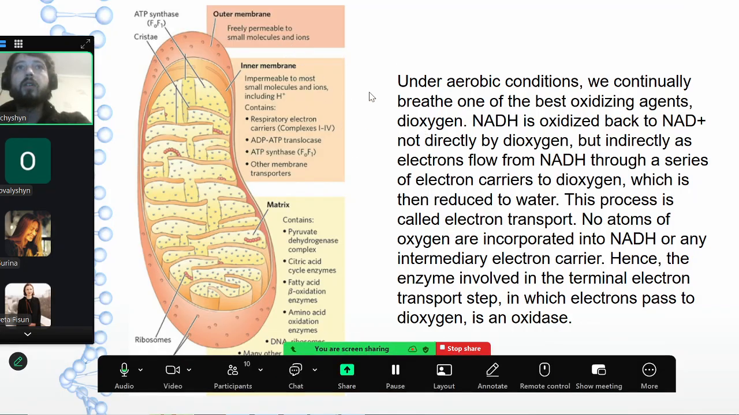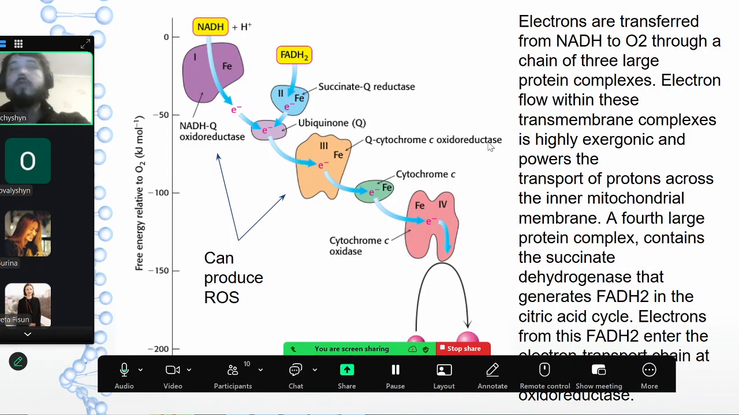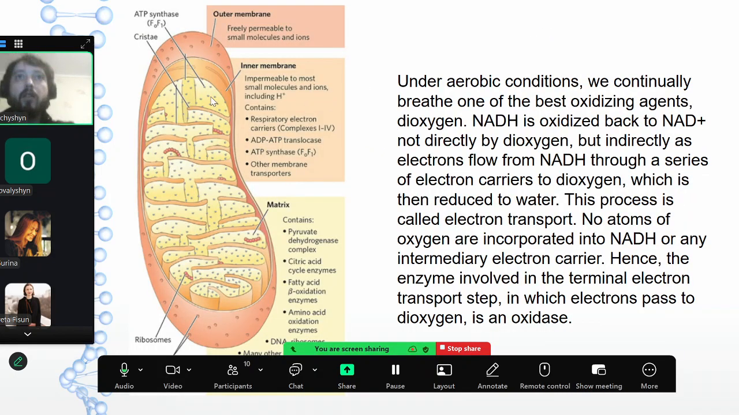You see here the outer membrane, inner membrane, the cristae, so it's how they look, and the matrix. Good. Now we are getting to the process of generating ATP from what we have from NADH. So this is a sort of electron transport. It's called the electron transport chain. This electron transport chain is on the inner membrane of the mitochondria,